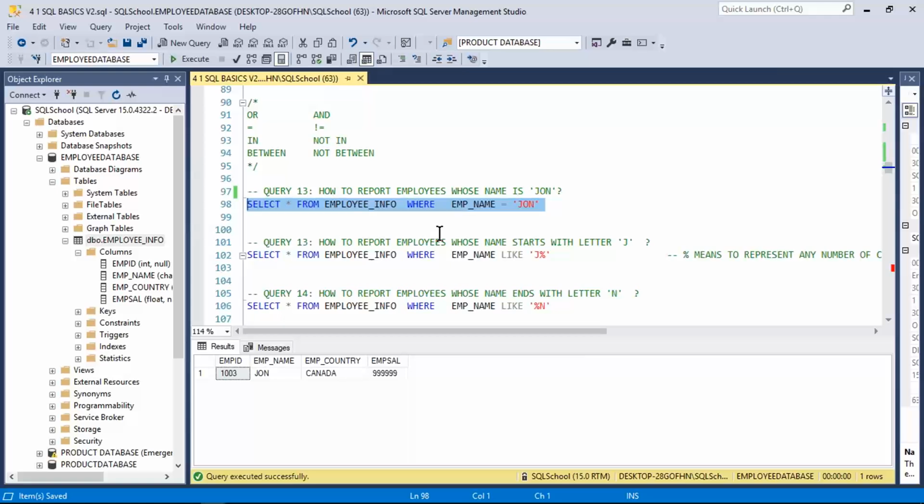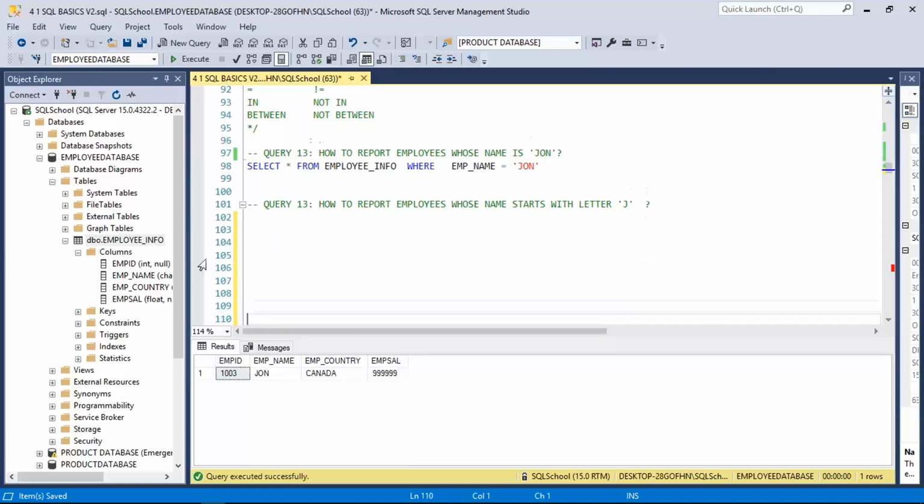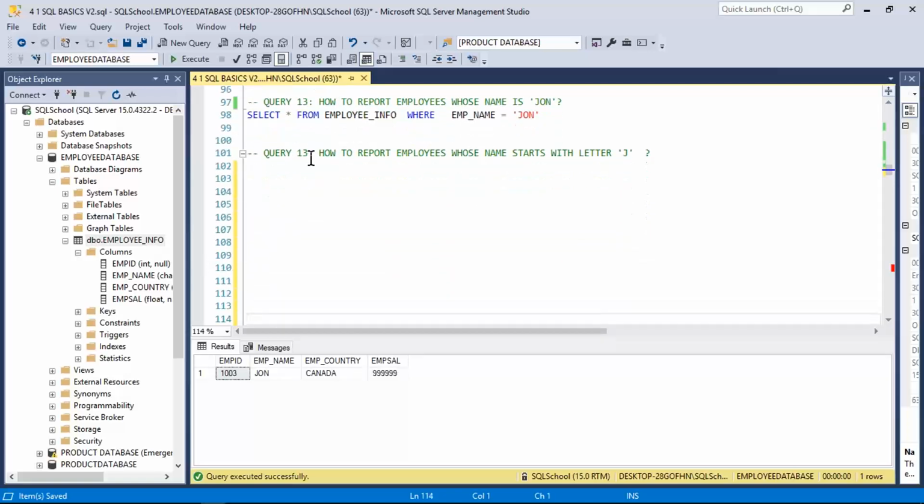What if you know only the first letter? We don't know the remaining letters. Then what do we do? See here. How to report the list of employees whose name starts with letter J. We know only the first letter J. We don't know the remaining letters. Then what do we do? Yes, in such a case,